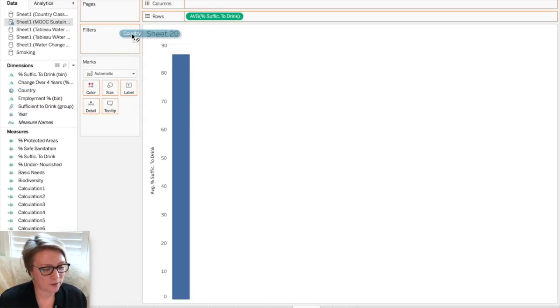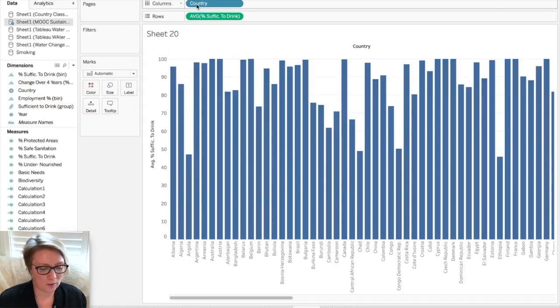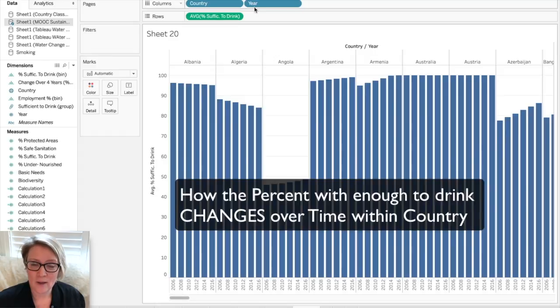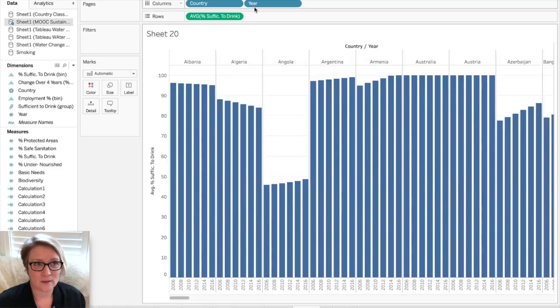So first we're going to drag country over to the columns shelf, and we'll follow that by dragging year over to the column shelf. So now we're looking at how the percent sufficient to drink variable changes over time within countries,